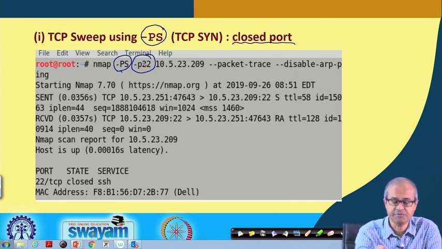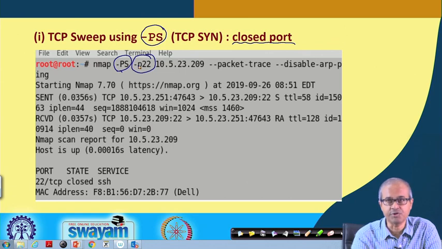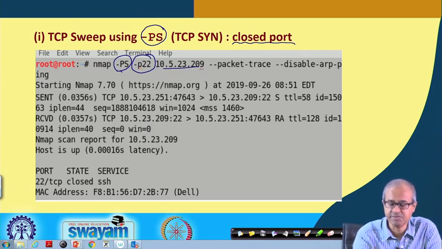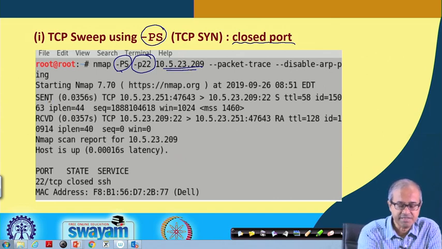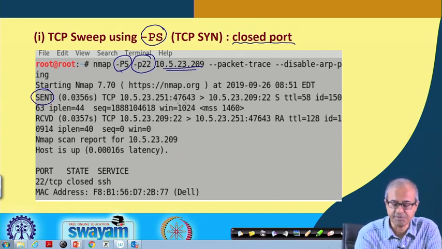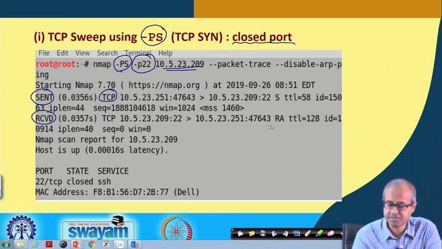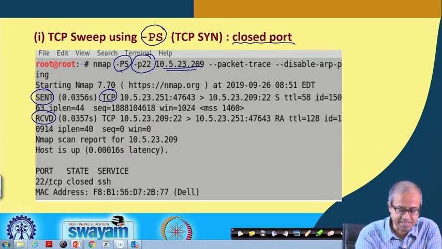This option specifies that we are trying to look at whether port 22 is open or not, and then we specify the IP address. So, you see some packet is sent, this is a TCP packet, and some response is coming back. And this response specifies that this particular port is closed.